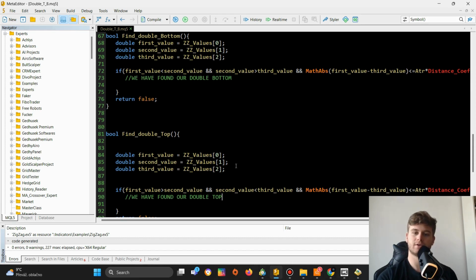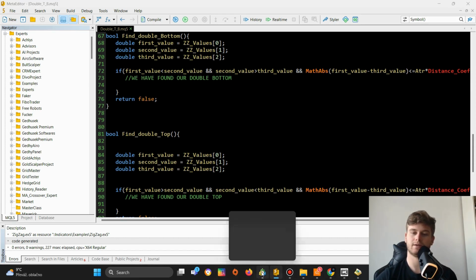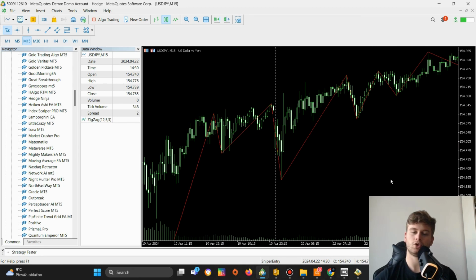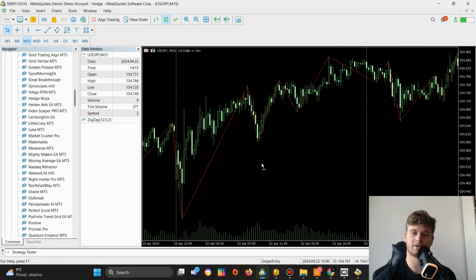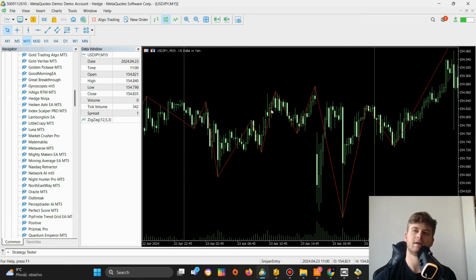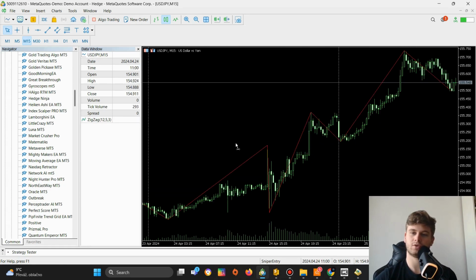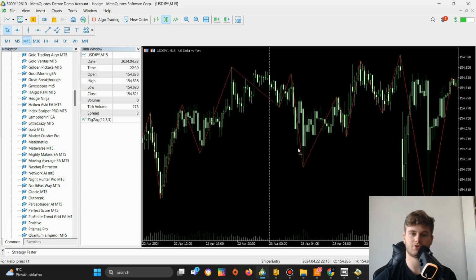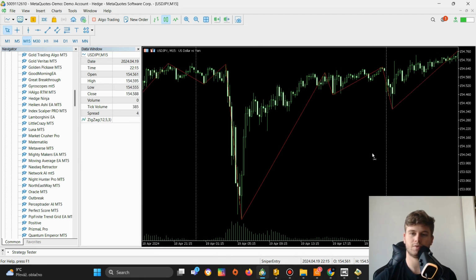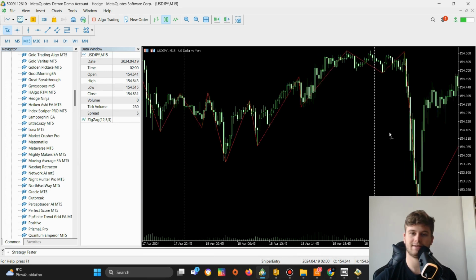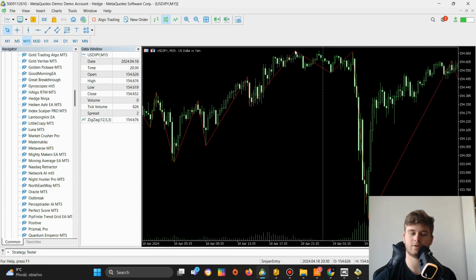create the orders. Okay, so when you are working with a pattern like this, you don't open buy and sell positions. Yeah, you set orders. In this case, it's buy stop, sell stop. Okay, so I'll show you. So let's say that this is our double top. Okay, and when this pattern